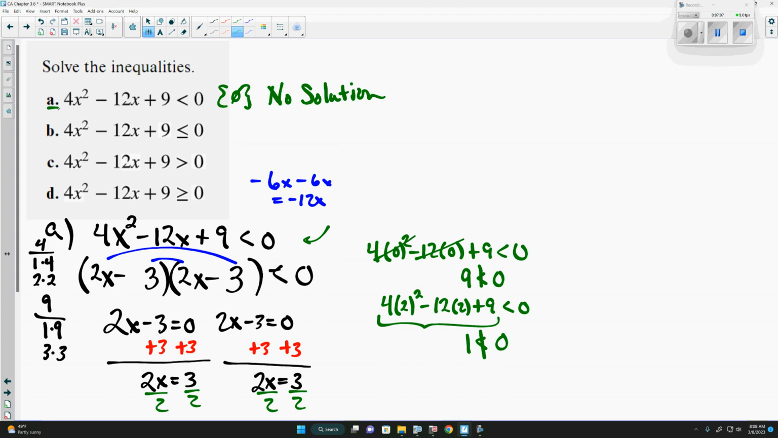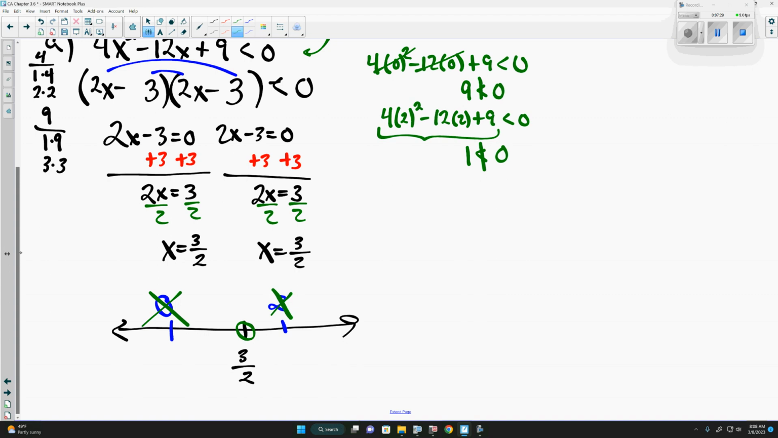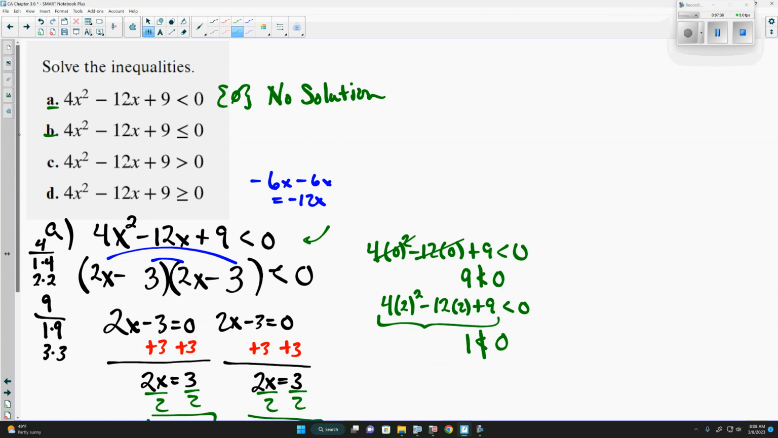Now, what's the only difference between A and B? B is equal to 0, yes? Now, we've already shown that the entire graph is above the x-axis, so there's really no points that are less than 0, yes? But at the point 3/2, it is equal to 0, yes? So the only thing we could say about B is that we do have a solution, and the solution is